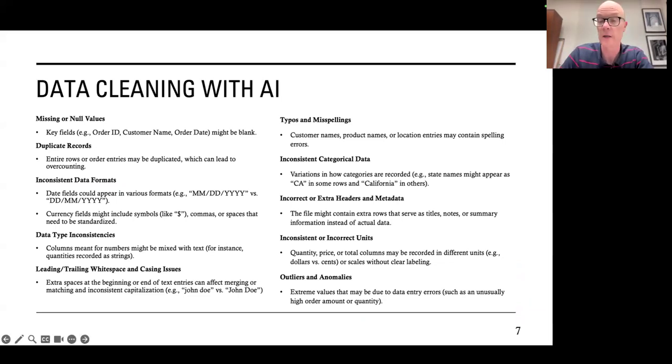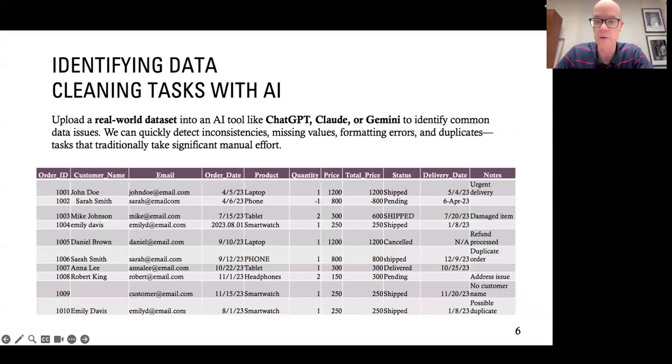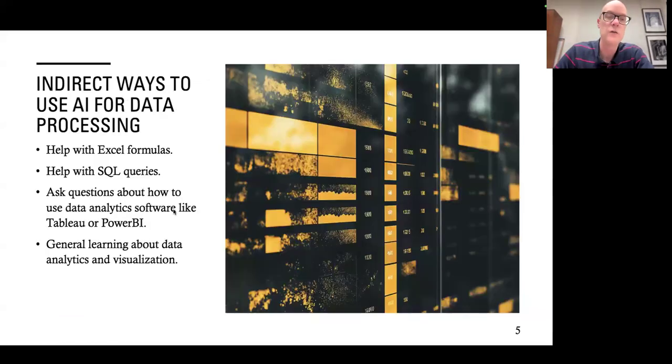And you can see there's quite a lot. So even in the small little data set, there's a lot of issues. Now, another way you can use AI to do the data processing, data cleaning is actually indirectly. And what I mean by that is instead of actually having AI work with your data,